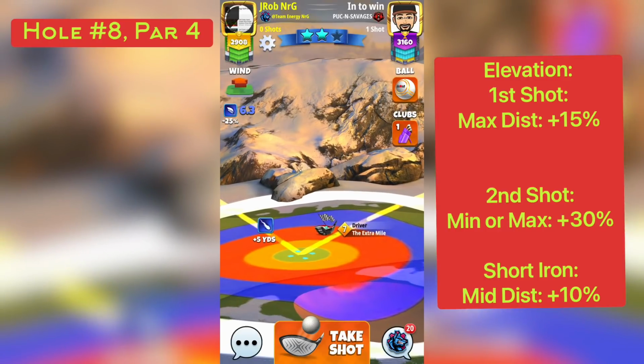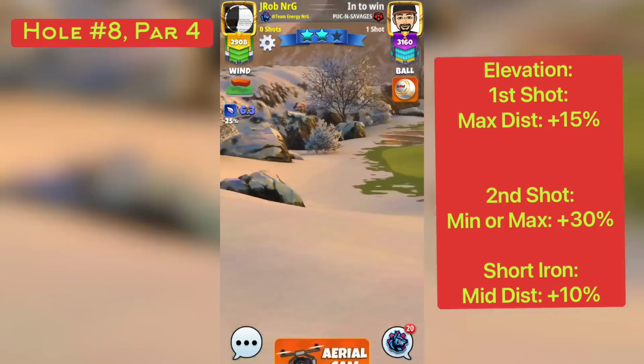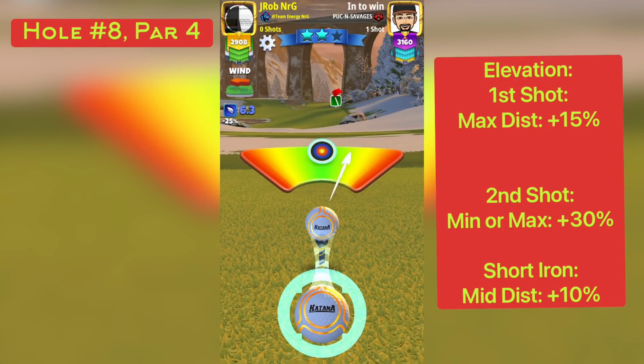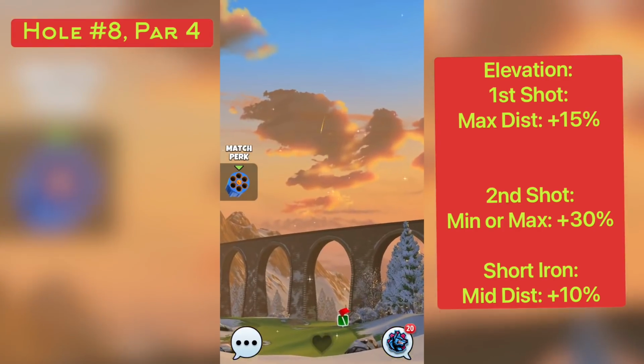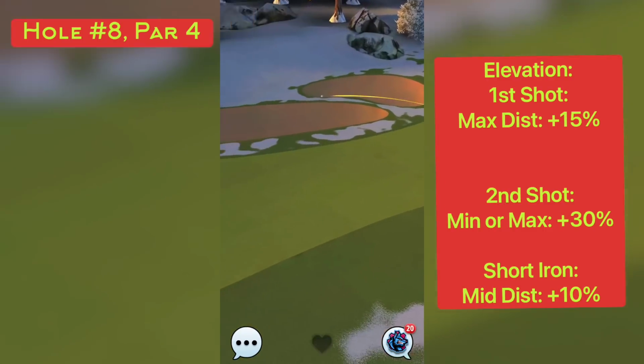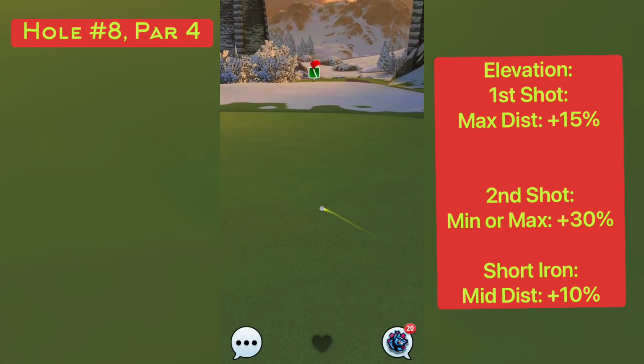But if we're going to play this here to the left or the right-hand side, no matter what, we're going to play this at max distance plus 15% here off of our tee box here, the second tee box here that we have today. So we're going to get down here as far as we can on the left-hand side. We're going to get up this little bit of a hill,